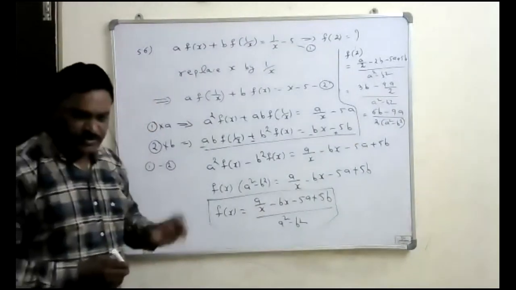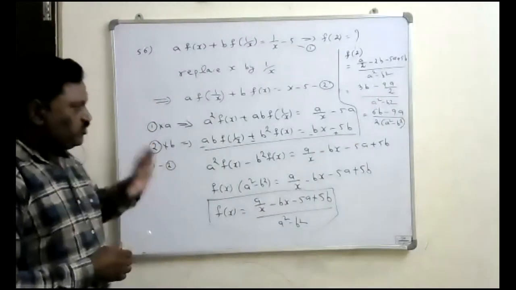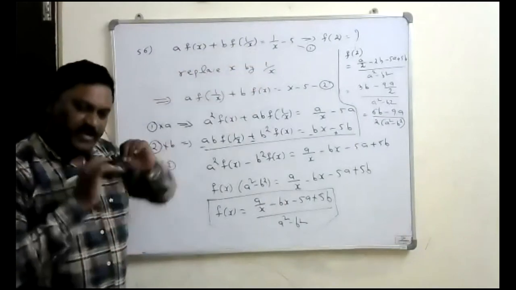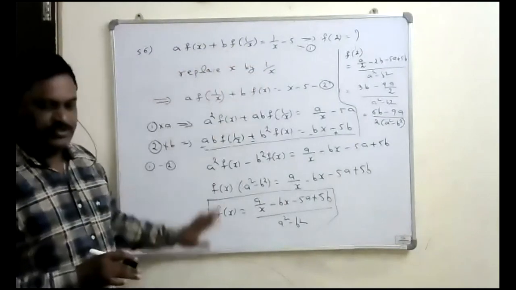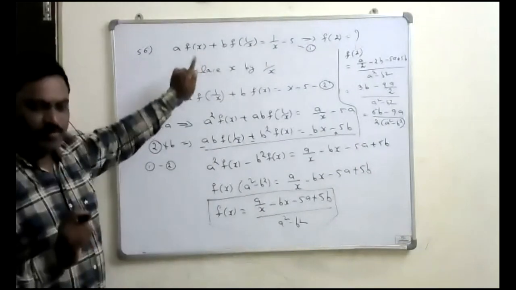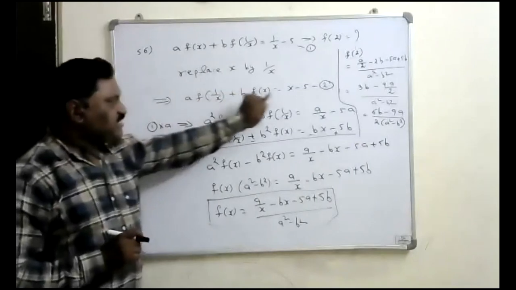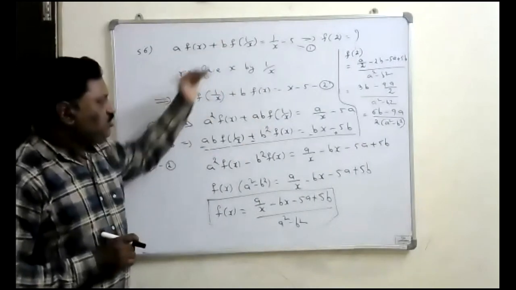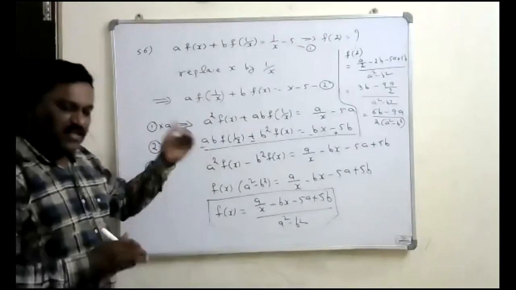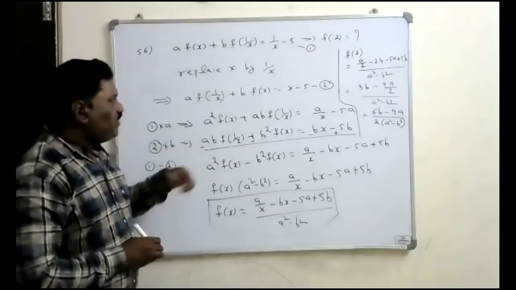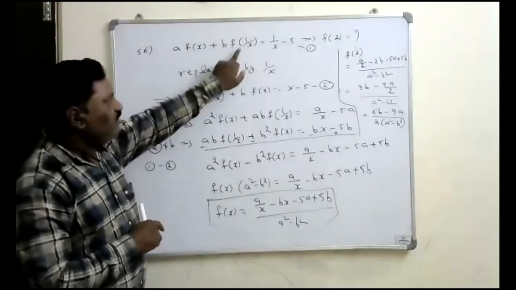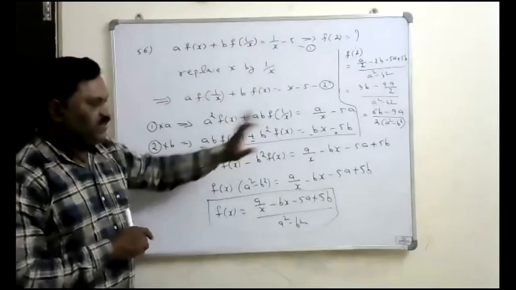Okay, so that is the procedure. Understand? So this procedure is important. They may or may not give the same equation, they may give any equation, but this is the procedure. First in the given equation, replace x by 1 by x. Then we are going to get the second equation. So from these two, we have to eliminate f of 1 by x, then we will get f of x. To eliminate that, with this coefficient multiply the first equation, with this coefficient multiply the second equation,